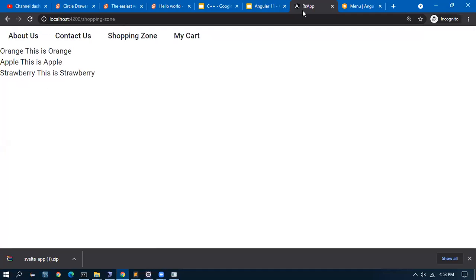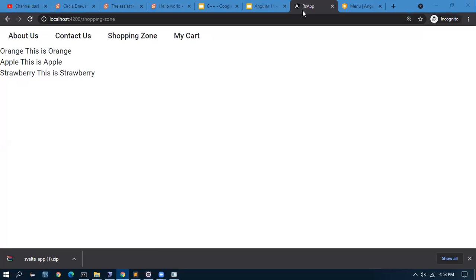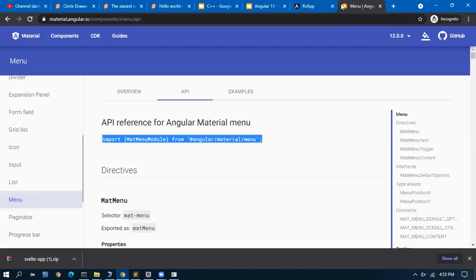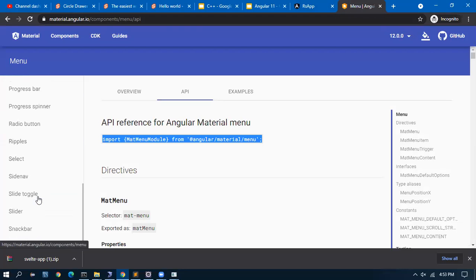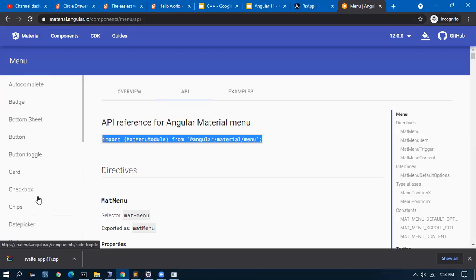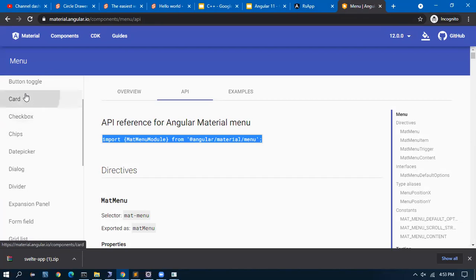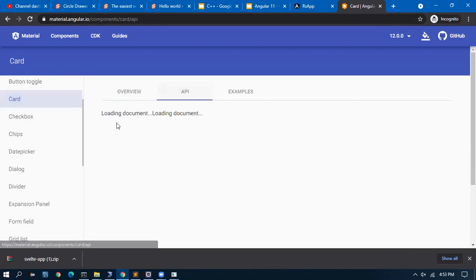Okay, this is beautiful. Now let us make this much more beautiful by going to tabs. In material design, we have the mat card. So for that, I will import the mat card first.